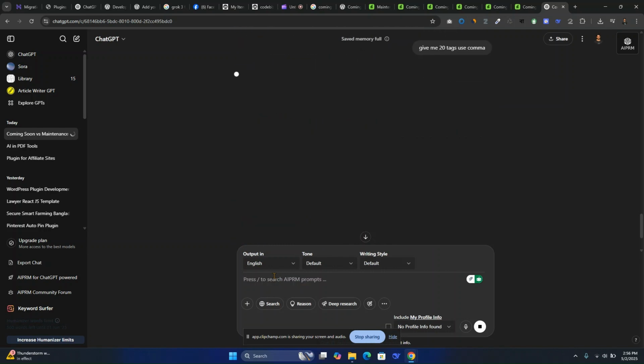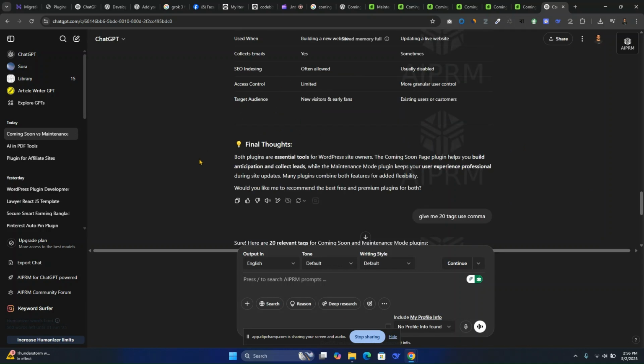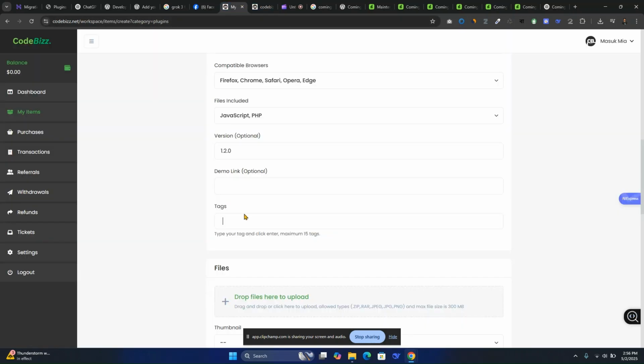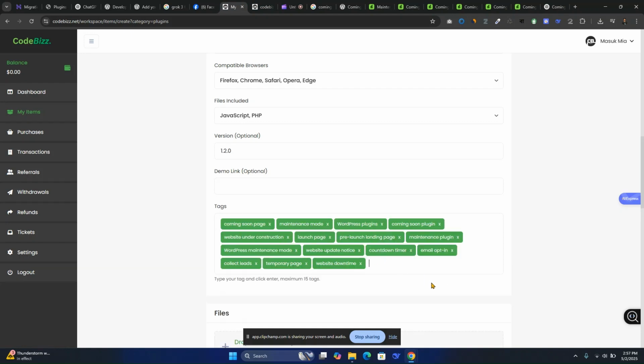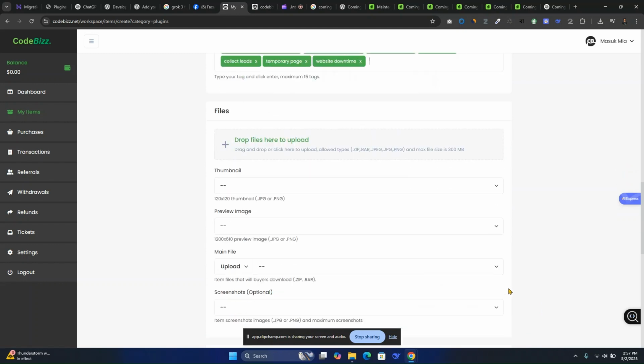Okay, and it will give you your title. That's why the final explanation title will be coming soon, and here's the coming soon plugin. Based on your plugin, it will give you short and relevant text. Okay, so now go to your tag and explanation here. Maybe something is wrong, I don't know. Okay, so when you paste it and hit the enter button, it will automatically show you the plugin